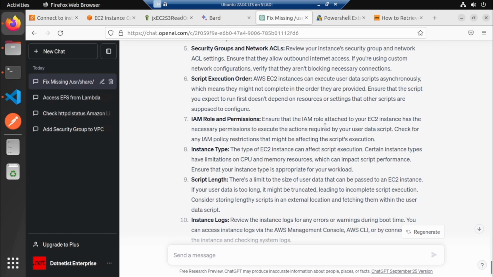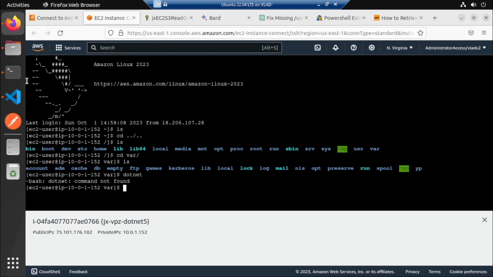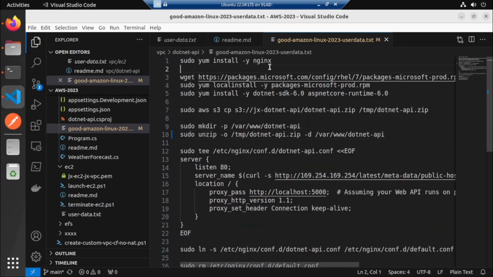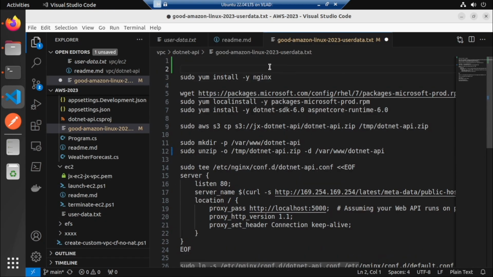Ensure that the IAM role attached to the instance has the necessary permissions to execute actions required by your user data script. Check for. Alright, so maybe we'll do this. So maybe we'll do the sudo